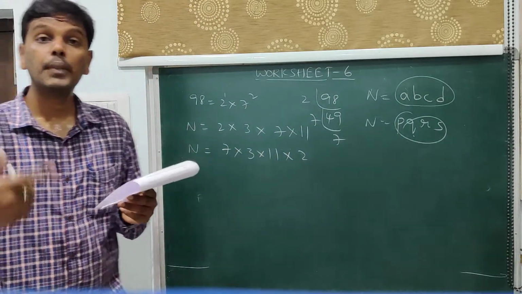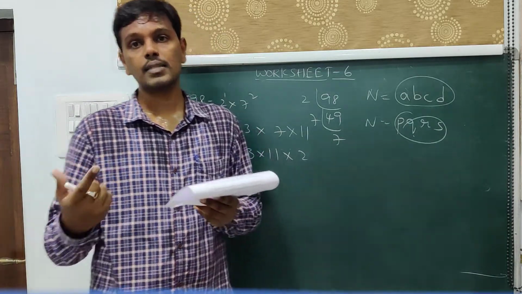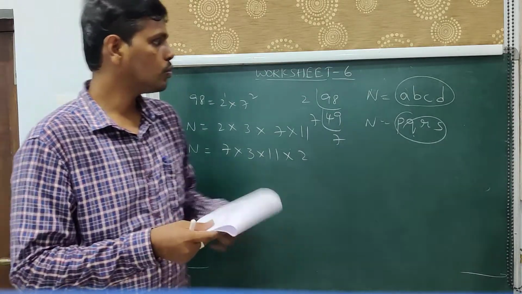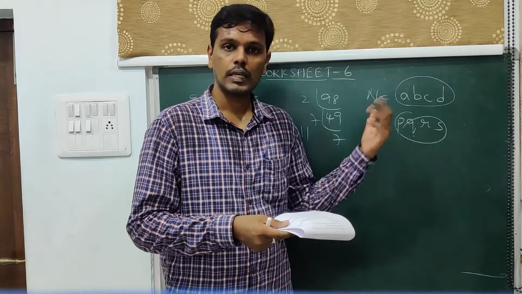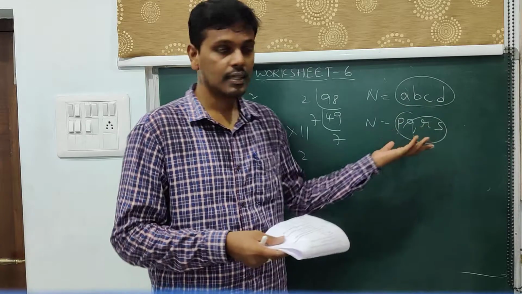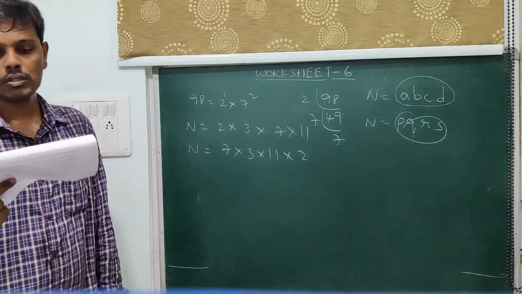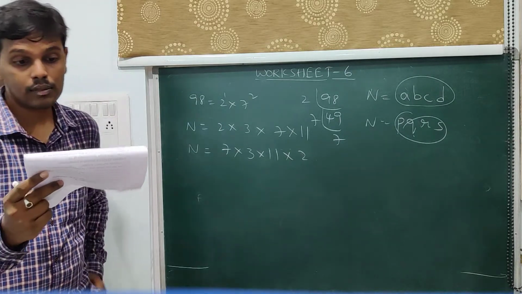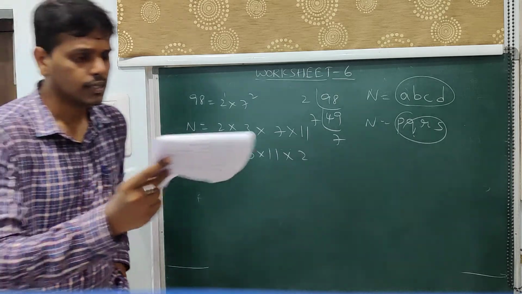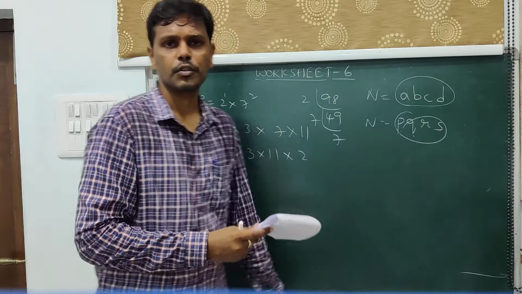The second option may or may not be true. We cannot say. A might be equal to P. There is a chance that A can also be equal to Q, not equal to P. A can also be equal to R, but not equal to P, Q or S. A can be equal to S, not equal to PQR. It may happen in the other case as well. Therefore, we cannot strictly say that A is equal to P, B is equal to Q, C is equal to R, D is equal to S. So that is the reason we take it as an incorrect statement. So the correct statement is the sum of A, B, C, D is equal to the sum of PQRS.